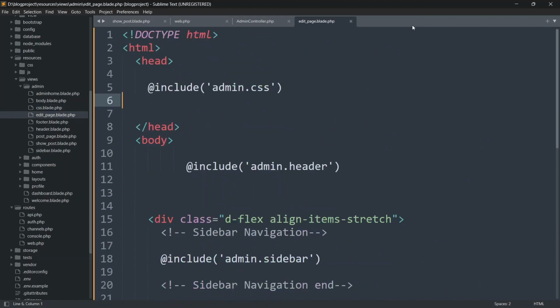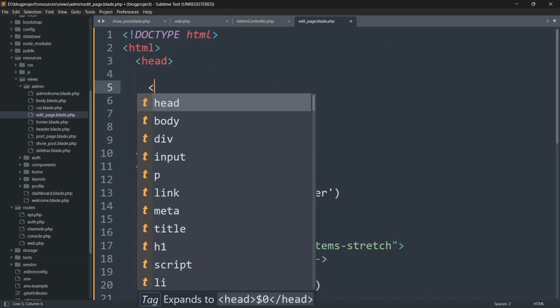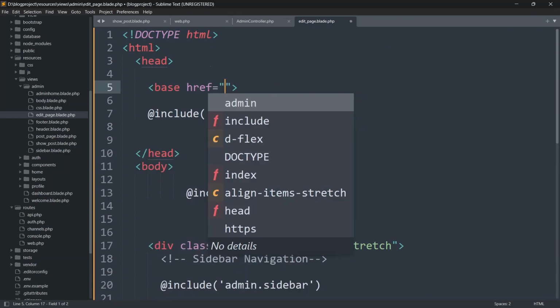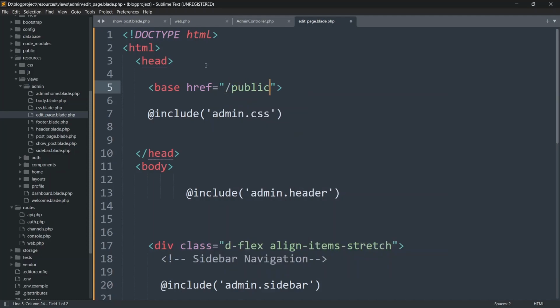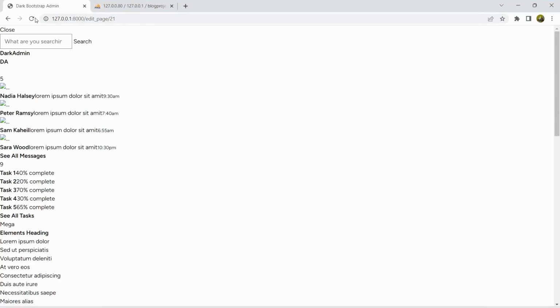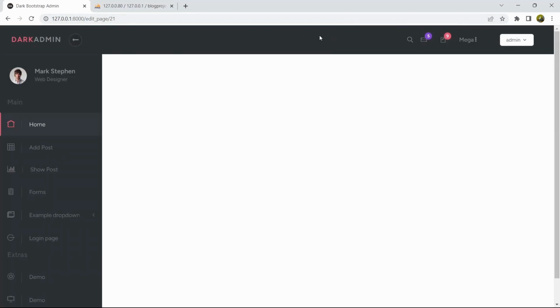There is a simple way to solve this, and that is we need to write over here base, then href, it will be slash public, and we need to write this base href before the admin.css. If you write this after the admin.css, it will not work, the CSS will not work. Okay, so right now if we save this, then if we refresh here, here you can see the header and